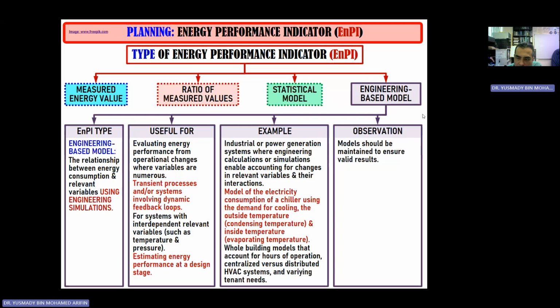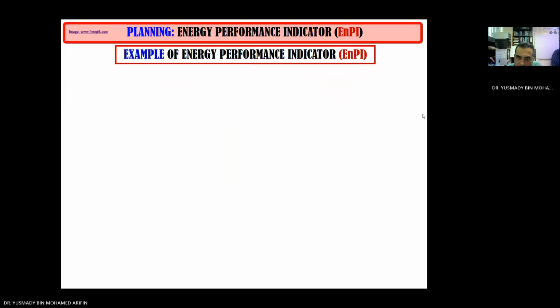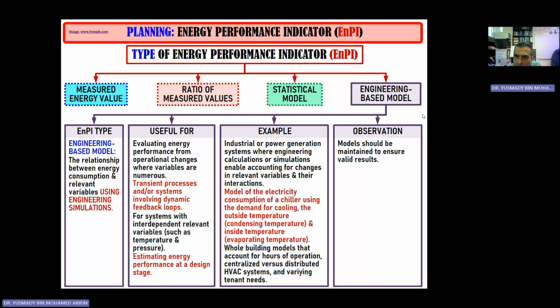Observation: the model should be maintained to ensure valid results. So these are the criteria for the ENPI